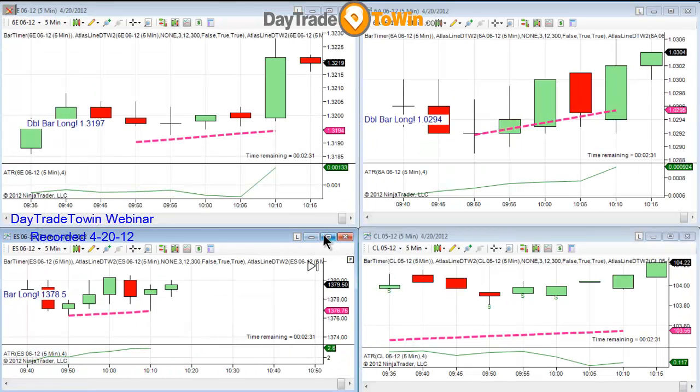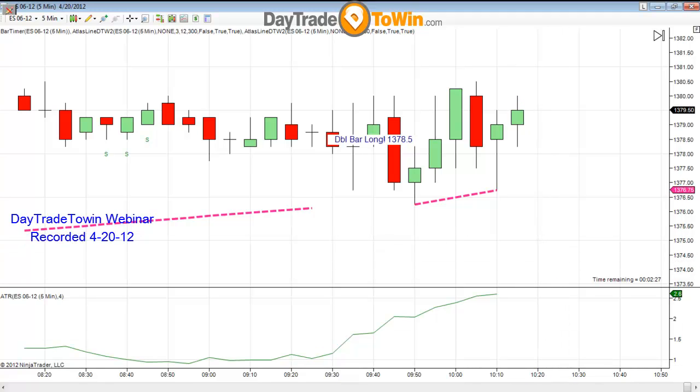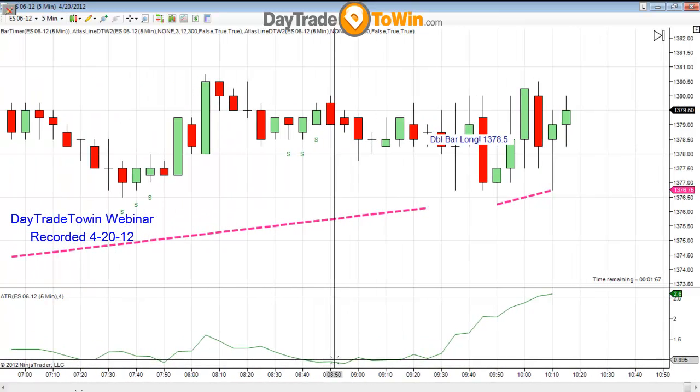E-mini, Atlas line. Oh, I do have an update. Those of you who have the Atlas line, lifetime or the 6-month package, I have an update for you. I provide free updates, and so I've updated the Atlas line. Nothing's really changed on the calculation or anything like that. But I do teach the pullback and the strength trades, and I always taught them manually because I do them manually. And so now I've incorporated doing them